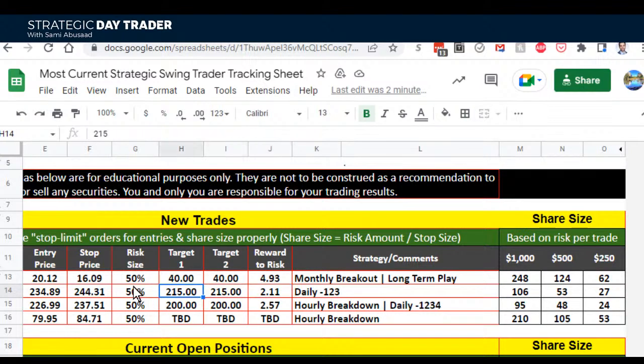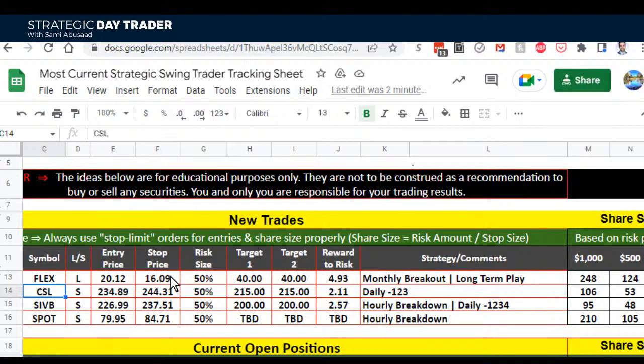Well, the risk is your share size times the stop size. And the stop size is the difference between the entry price minus the stop price. A lot of people always buy or short 1,000 shares of any stock. They trade Apple, 1,000 shares. They trade Bank of America, 1,000 shares. Or they always do $5,000 or $10,000 worth of stock. So if it's a $100 stock and they do $10,000 per play, they do 100 shares. If it's a $50 stock, they do 200 shares. And they think they're share sizing properly.